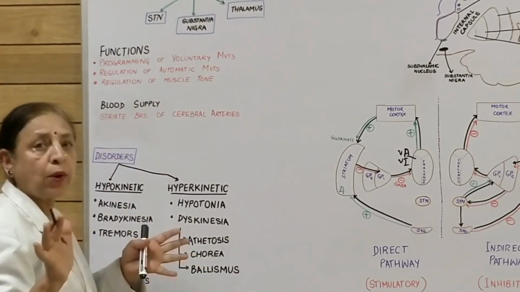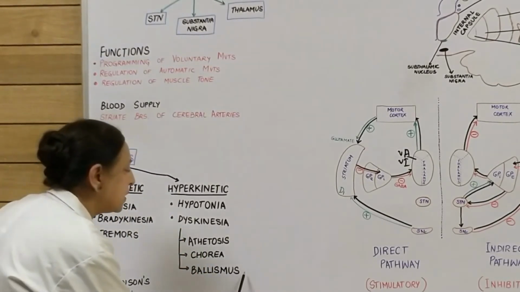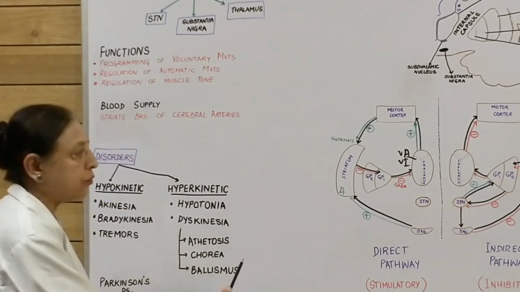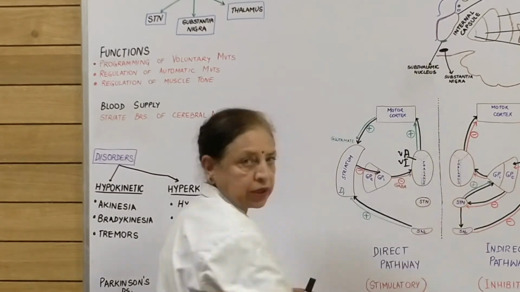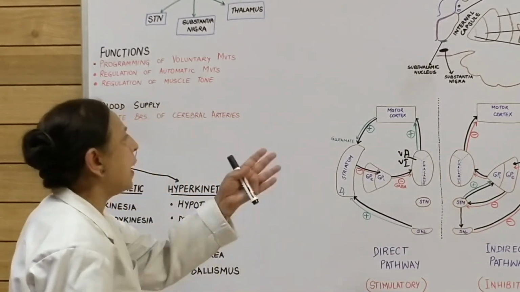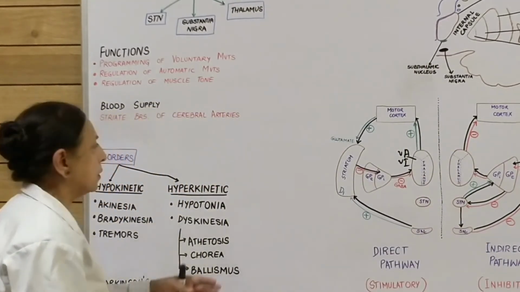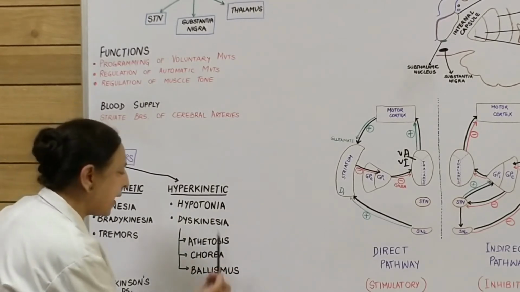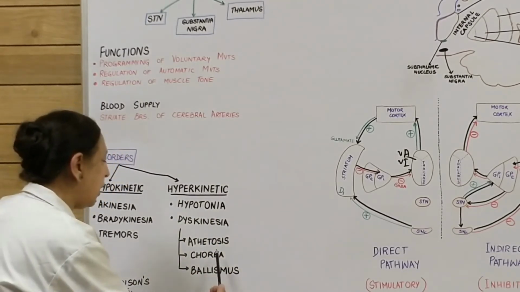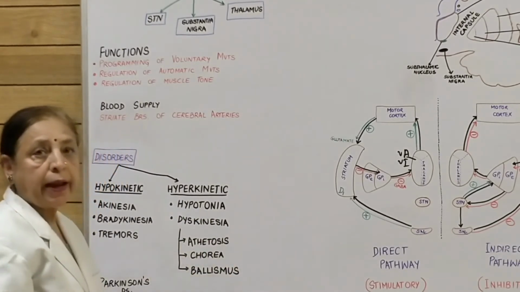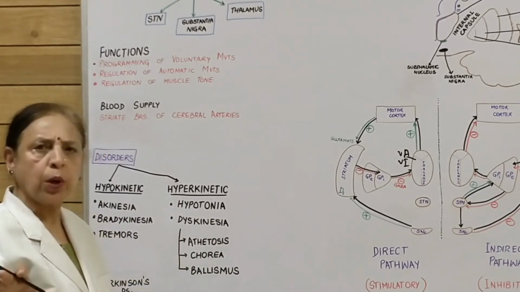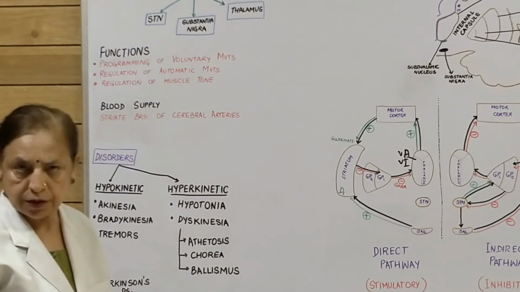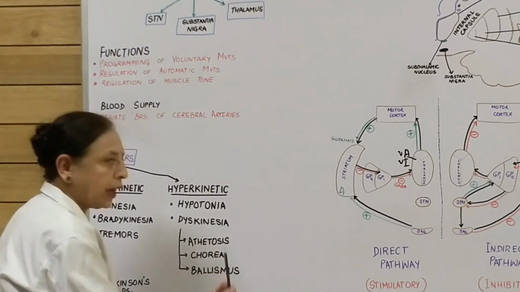They are ballistic, very violent movements, and the seat of activity over here is the subthalamic nucleus. So there may be a stroke lesion and the blood supply goes, and that is going to manifest as balismus. Then we talk of athetosis. In athetosis, they are going to be writhing, sinuous movements, and you have heard of the Saint Vitus dance. Then we talk of chorea.